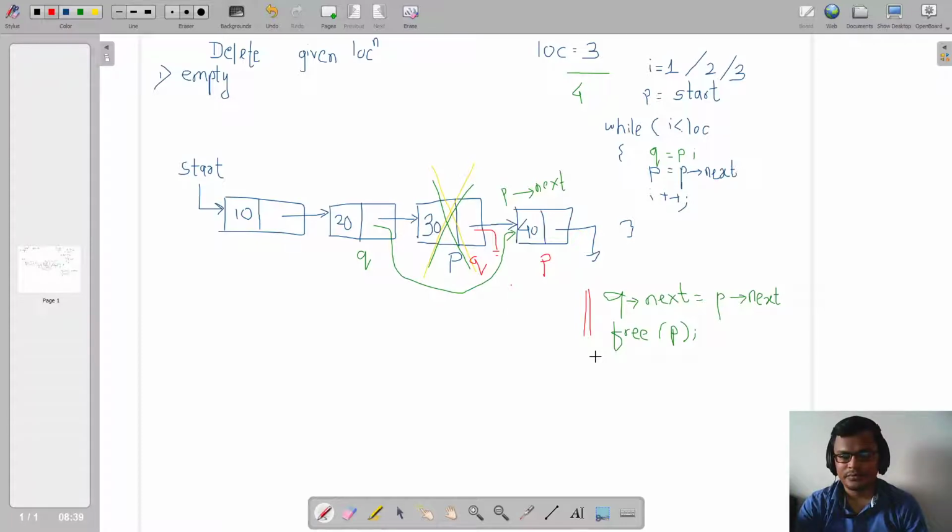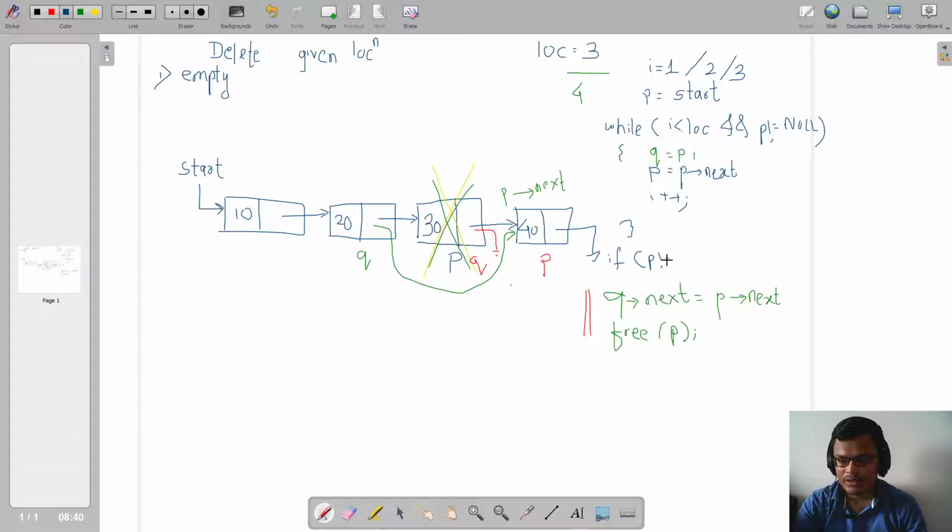Are you getting this? Now what if my location passed is invalid? In that case P will keep on jumping and eventually it will become null. So we are writing one more condition here that P is not equal to null. If P becomes null, then the location is invalid, and if P is still not equal to null, then the location is valid.